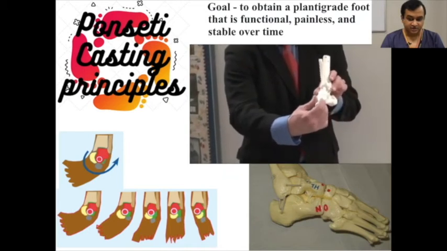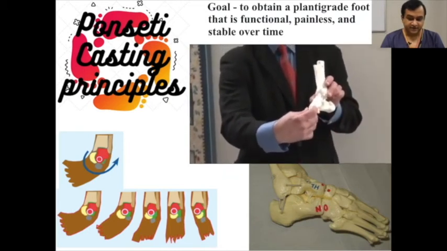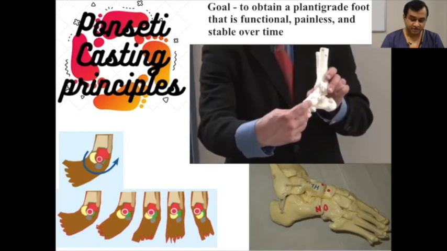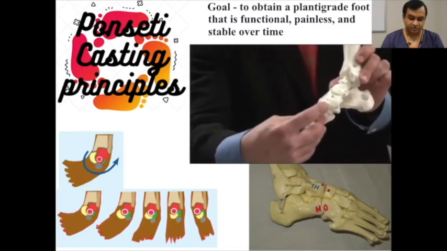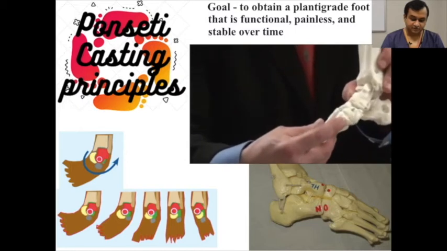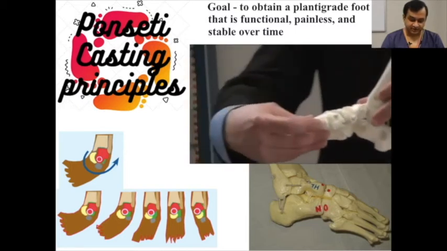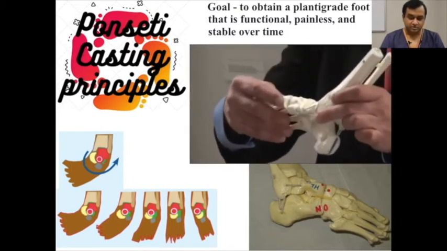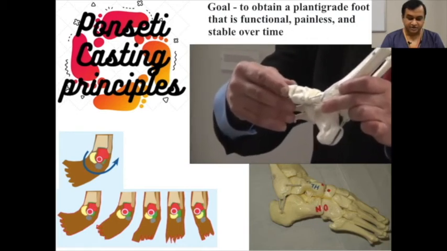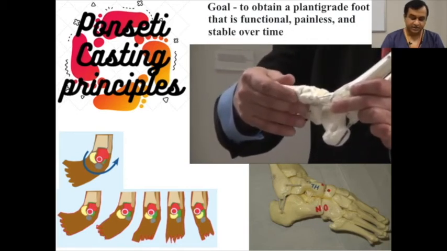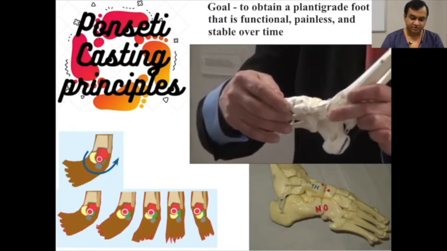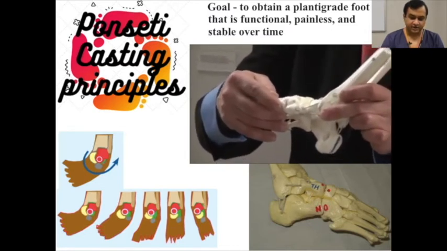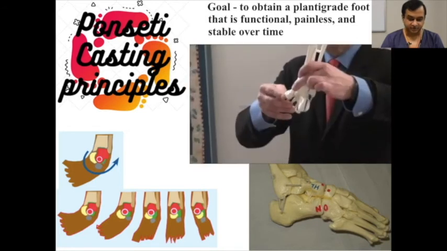And this is how we gradually pull. We first elevate the first metatarsal. So that is the supination movement which we do in the first cast. So this is how we gradually abduct the foot after the supination is corrected, right? So the steps include basically elevation of the first metatarsal to bring the forefoot in line with the hindfoot, and gradually over the next 3 or 4 casts, we bring the foot out as you can see in the video here, right?